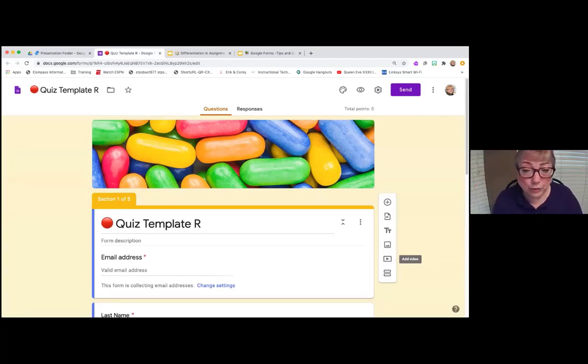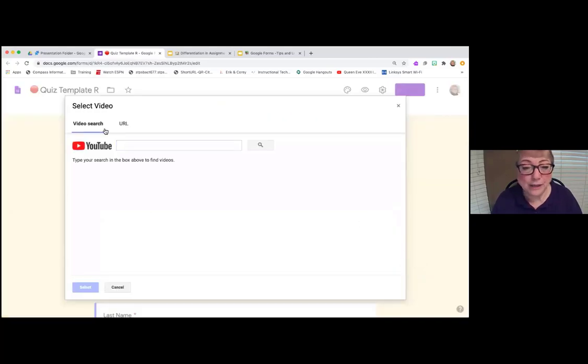Now, I understood that. What I meant was, does that video file have to be YouTube, or could I use a Screencastify video that I make myself? I'm sorry. Good question. It has to be a YouTube video or a link to somewhere. Okay, thank you. And you can actually put your Screencastify video directly on YouTube. On the side panel where you go to downloading Screencastify, there's a button to put it directly on your YouTube, and then you'll have the URL to put there. Right. Okay, all right, thank you.